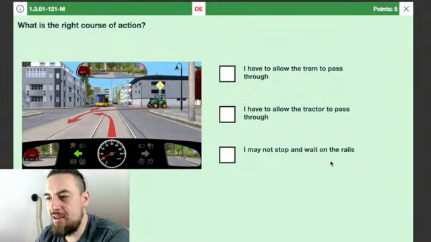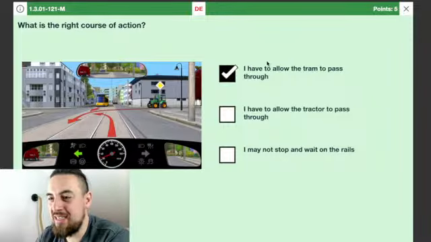I have to allow the tram to pass through. I have to allow the tractor to pass through. I may not stop and wait on the rails. Okay, what do you think? I have to allow the tram to pass through